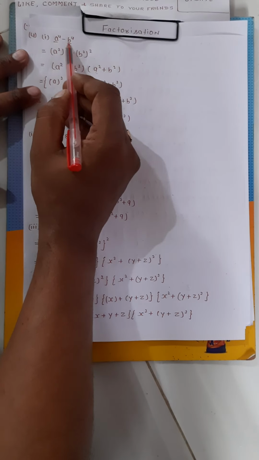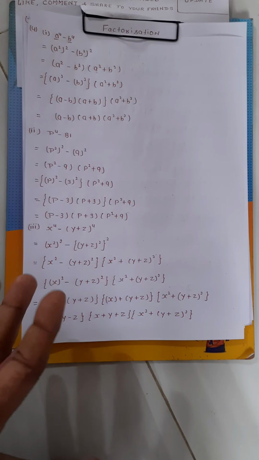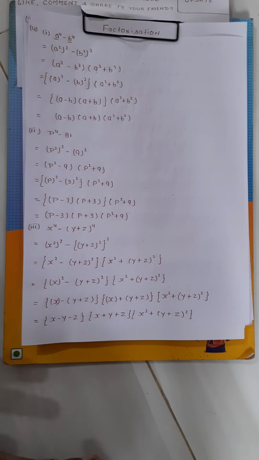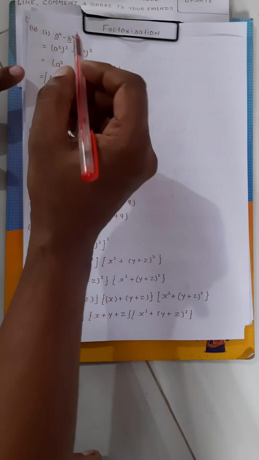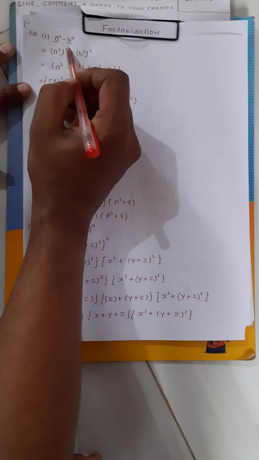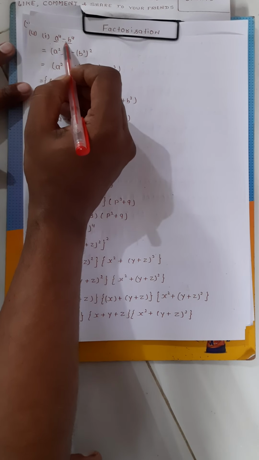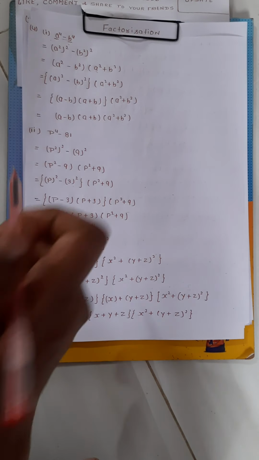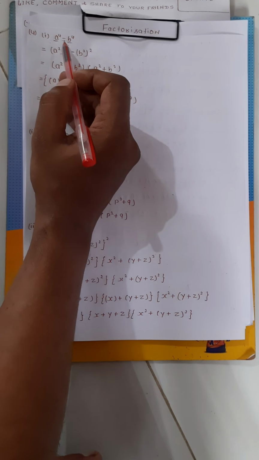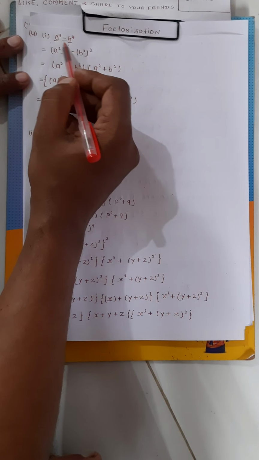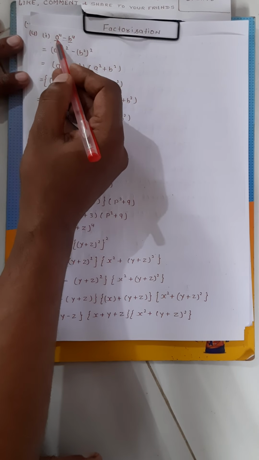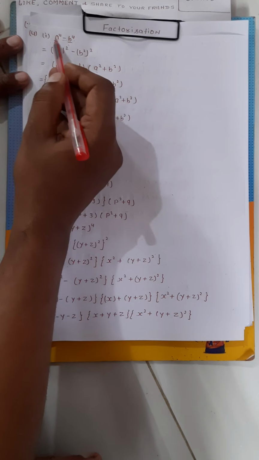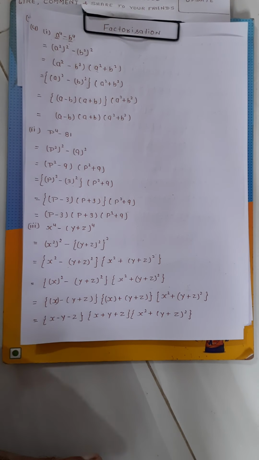First condition. For applying identity number three, we need to fulfill only two conditions. First condition is that these two terms should be perfect squares, and there should be a minus sign. Okay, it is confirmed that it is the minus sign, and now we will try to set a^4 as a perfect square and b^4 as a perfect square.